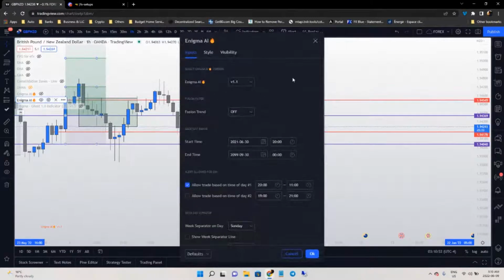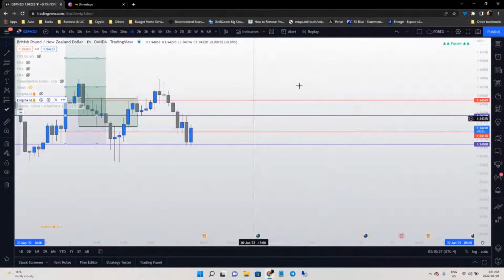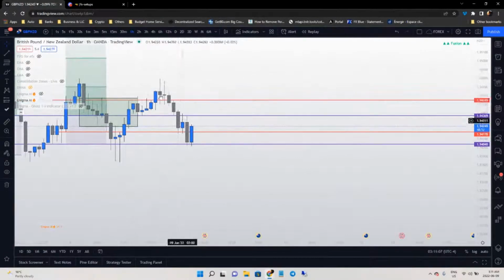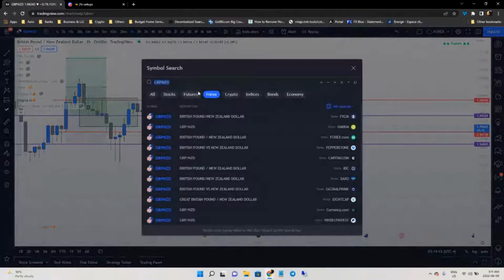Okay, so let's see. Fusion on. So you see fusion on, fusion off. I know that this pair has some, so you're gonna see the setups here eventually. Okay, so let's look at